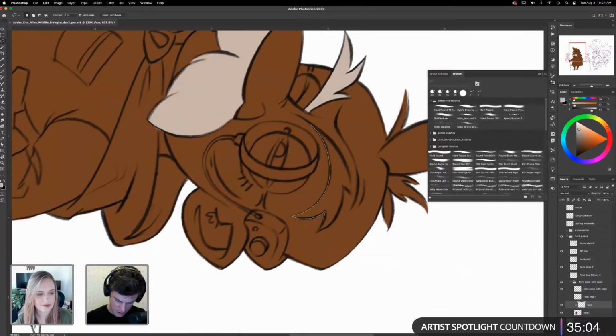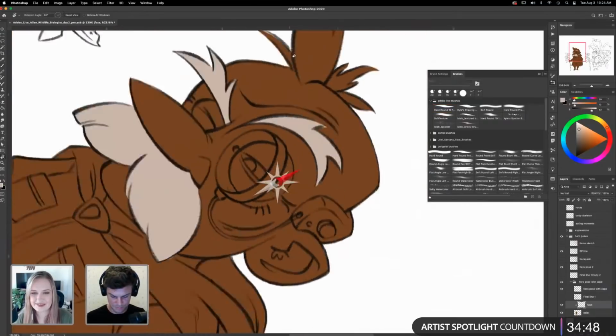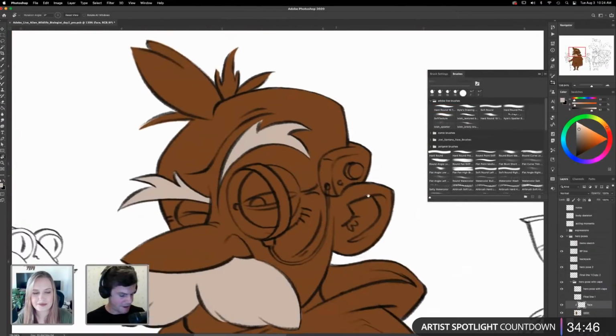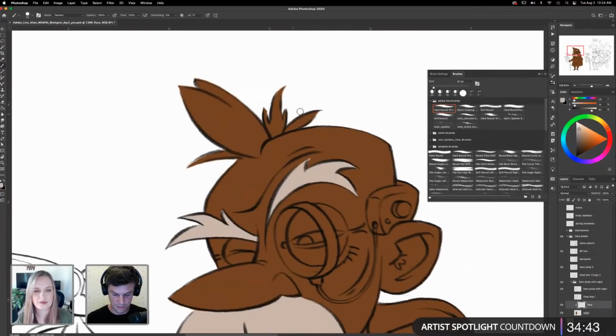I was telling Cody, it is the one thing I do not like on the Cintiq, it's hard to see your lasso line because your finger is covering it as you're doing it. But yeah, so you can do it that way as well. It can be a lot faster if you know what you're doing. Sometimes it's just a little more fun to get in there and scribble.